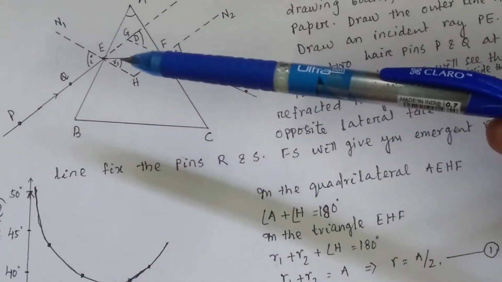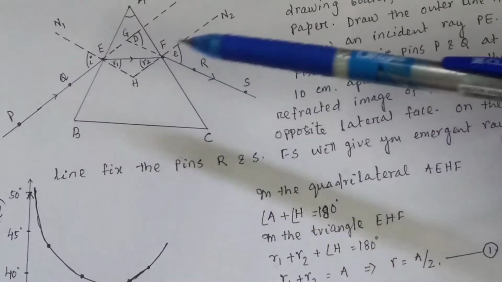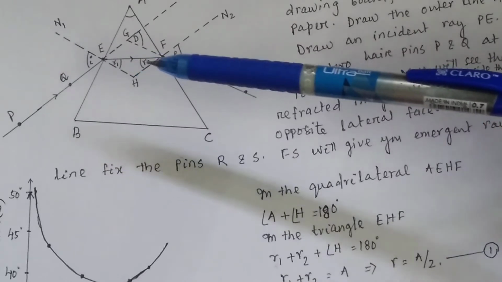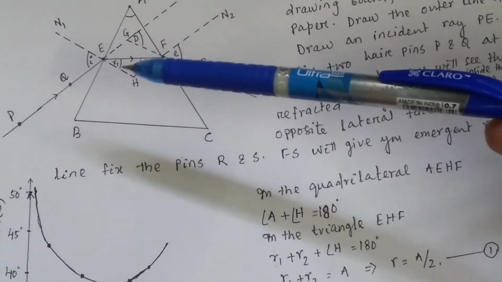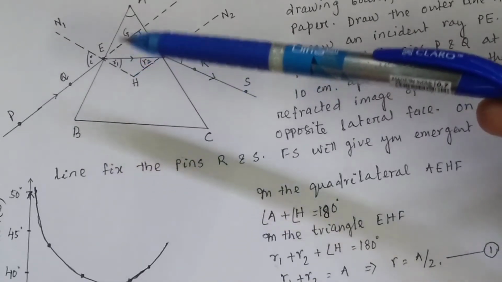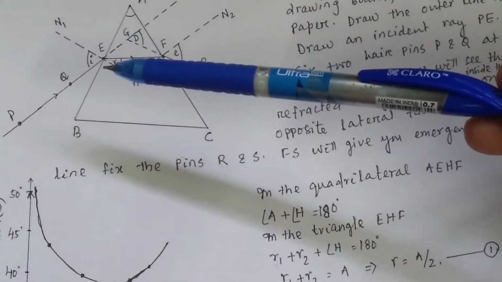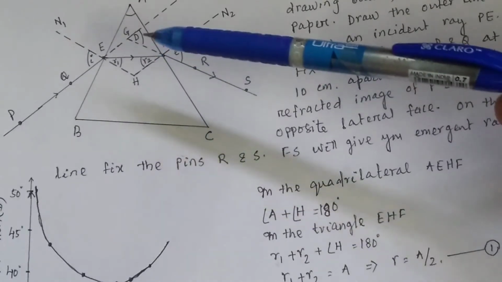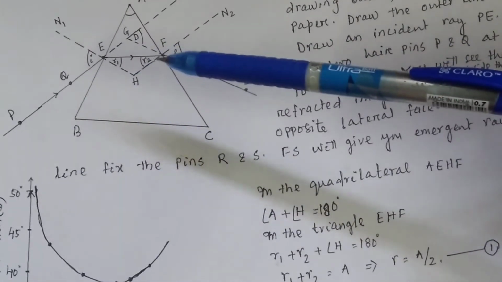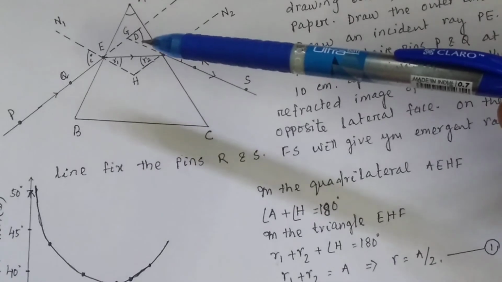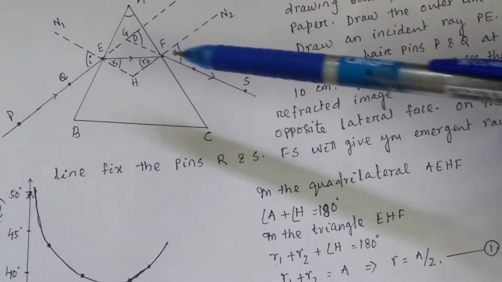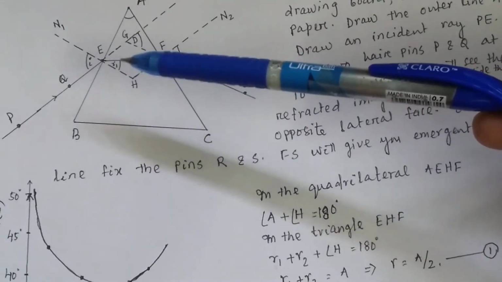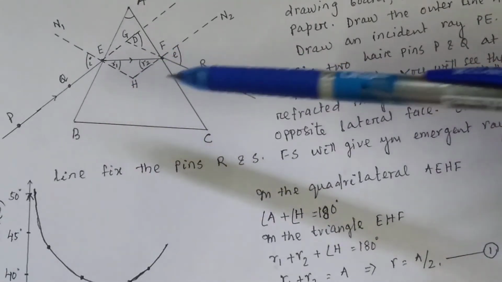Another thing, when I equals E, or the angle of deviation is minimum, R1 will be equal to R2. R1 is the angle of refraction of light at the first surface, and R2 is the angle of refraction at this surface. So for minimum deviation, I will be equal to E, the angle of incidence will be equal to the angle of emergence, and R1 will be equal to R2.